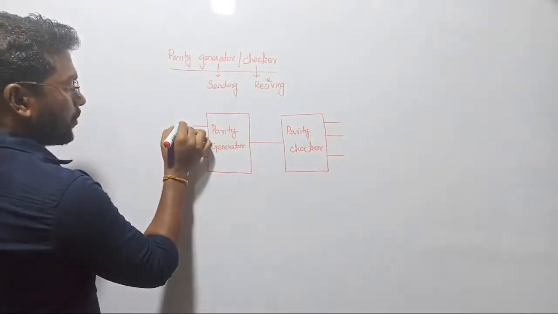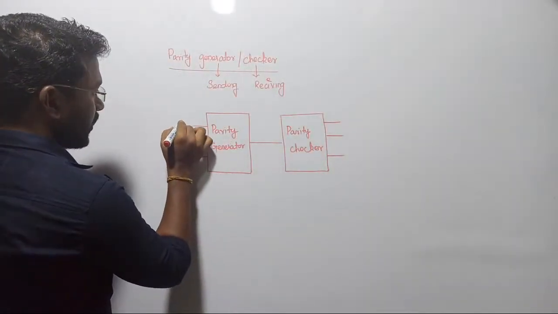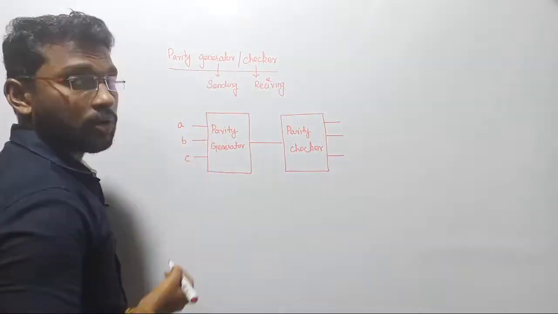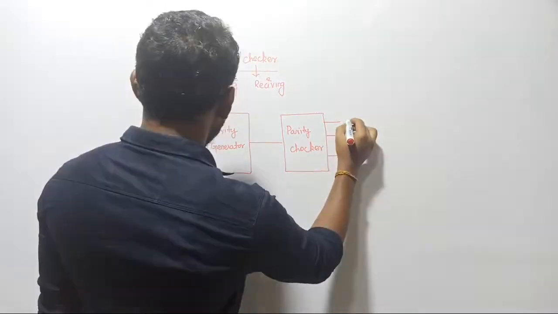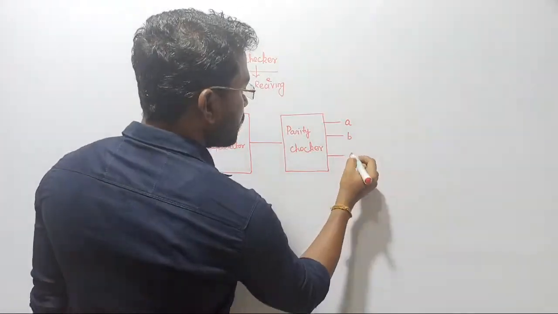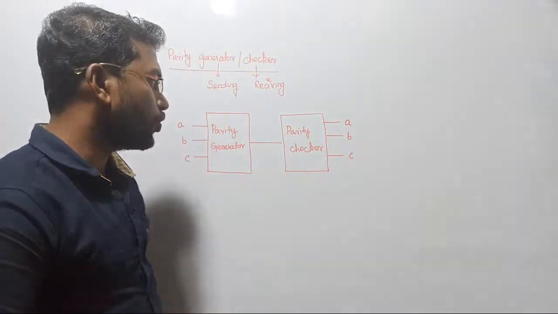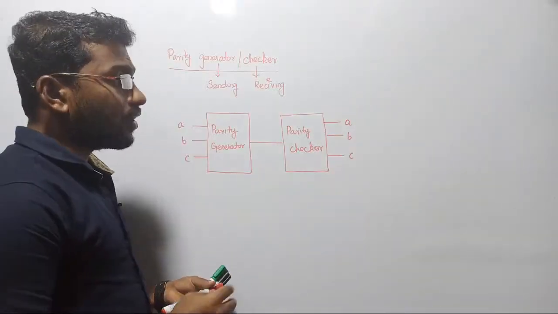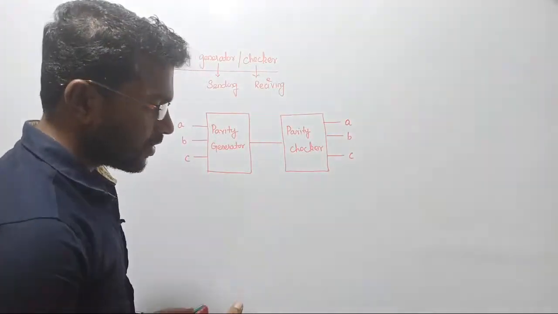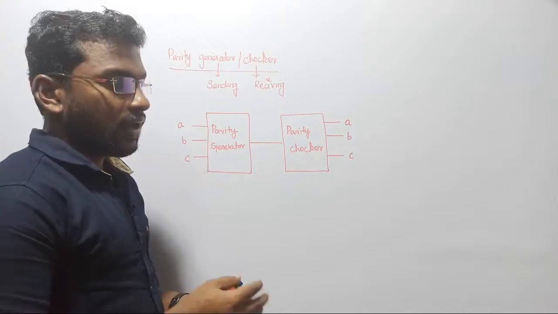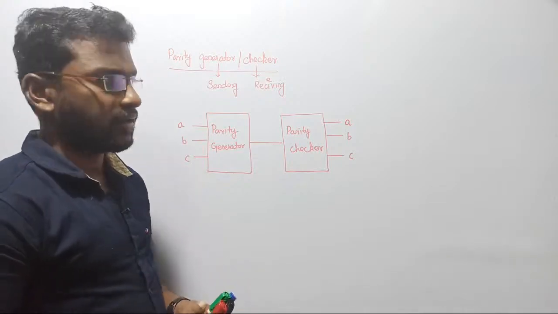So the inputs that we are considering here are A, B, C. That is the total number of inputs, and on the output side also we are going to receive the same number of outputs. Now, what will your parity generator and checker do here? Let's see. I said there are two types of parity generator and checker: one is called even parity generator and the other is called odd parity generator. So first, simply